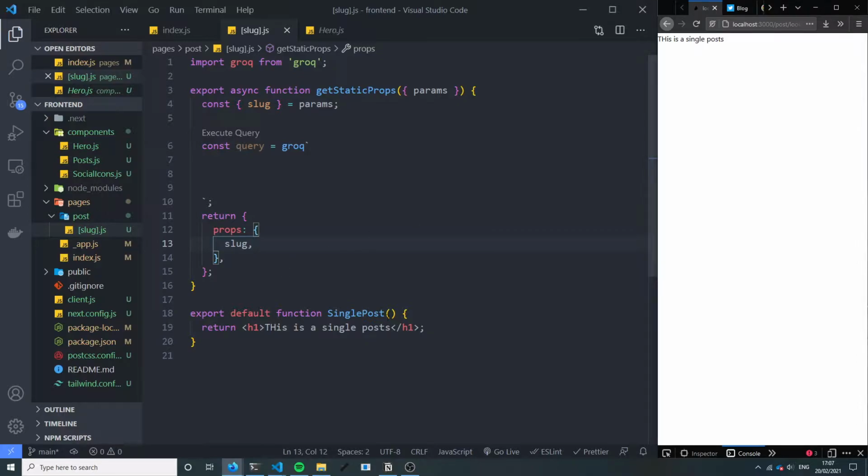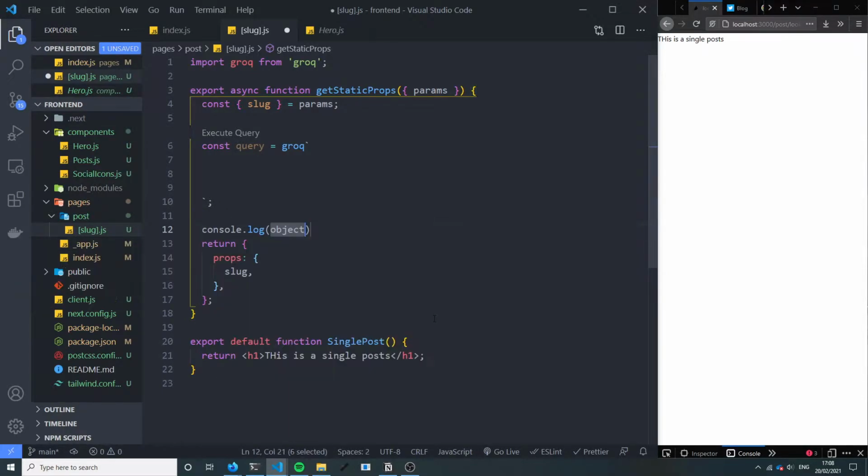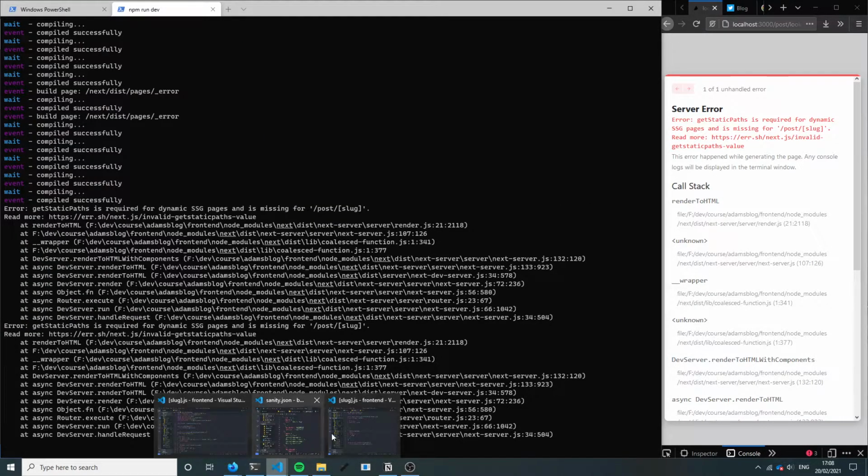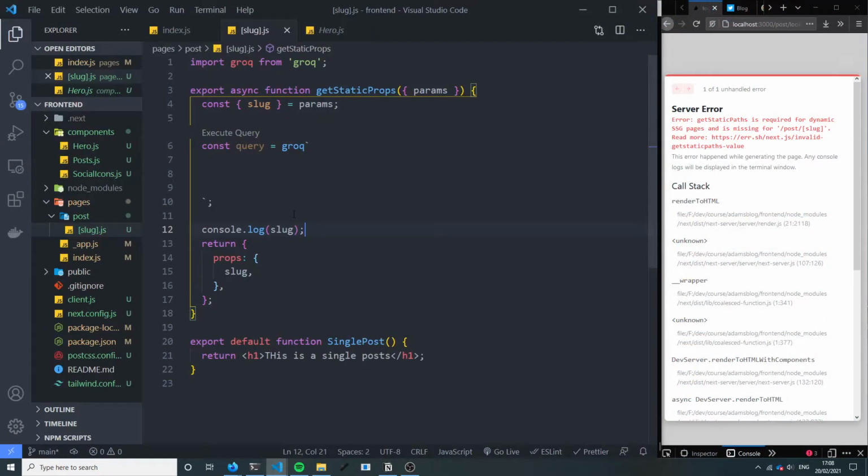So I'm going to take in here the slug. Actually, let's just console log the slug here. Anything happening inside getStaticProps is happening on the server side. So when I refresh this, I need to go into the console on the server. It's erroring right now because we don't have getStaticPaths. So let me add getStaticPaths, and I'm going